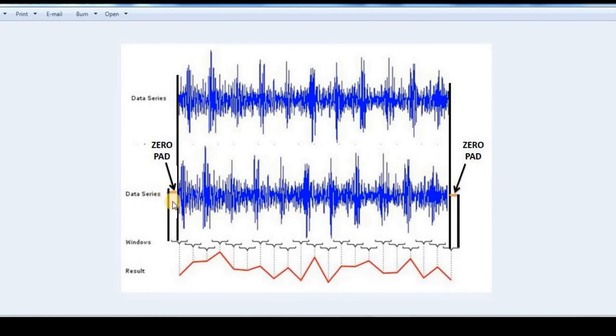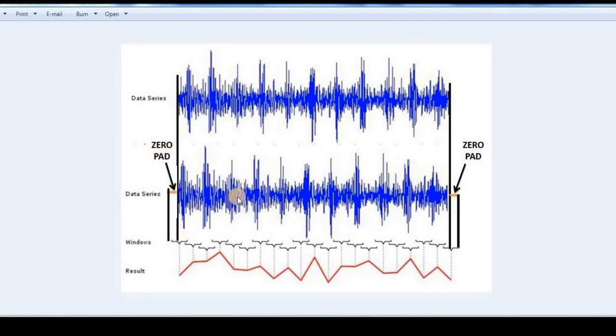Now you can see that the first point, from where the data starts, is at the center of the first window. So that is the reason we have zero padded it, such that when we have the first data point or first sample, we are actually in the middle of the first window. So that is the use of the zero padding.